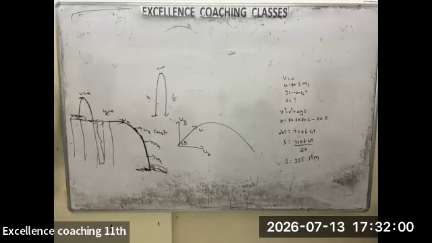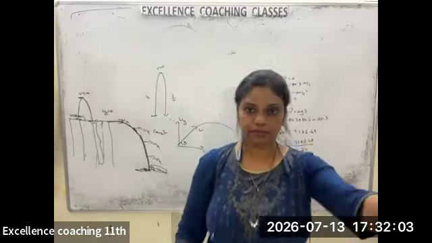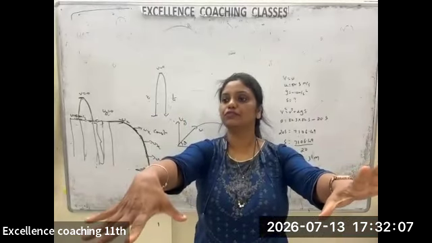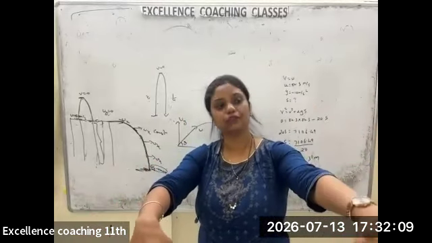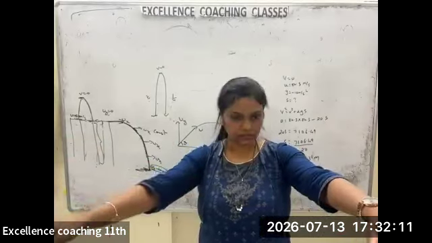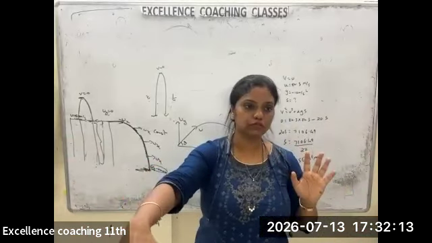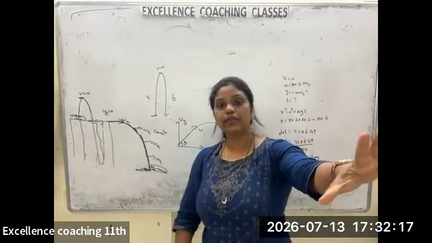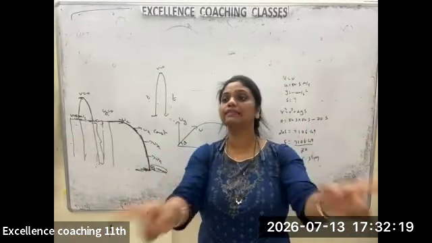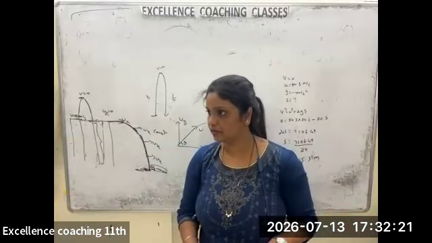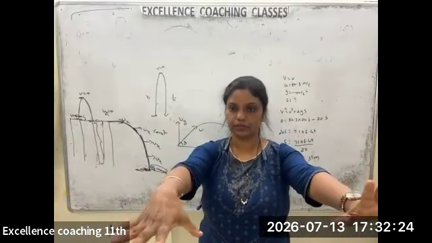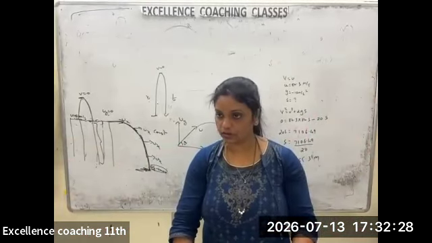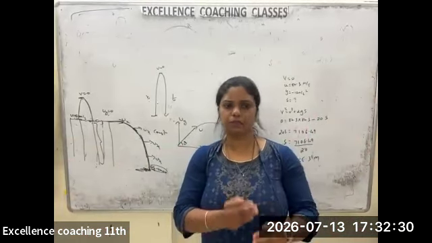Did you understand the question? I'm throwing something, throwing. I told you throwing and dropping. What is the difference? Throwing means I'll be throwing it with certain velocity. And if nothing is mentioned, dropping means initial velocity is 0. But here what they have said, throwing and dropping both had same initial velocity. Same initial velocity. Okay. Now my question is, when it hits on the ground,